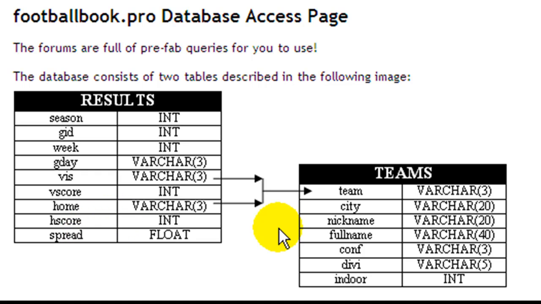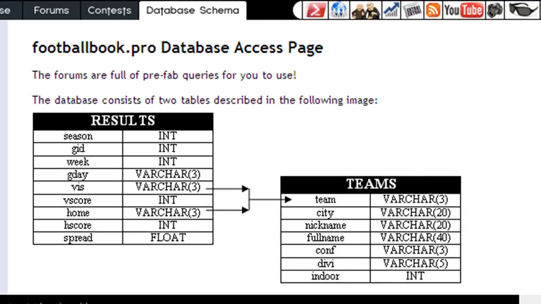Now, I'm not going to go into too many advanced queries, but you can actually combine two tables. Notice we have a table called Results and a table that has Teams, a table named Teams. So again, enough with the technicalities. Let's get on to creating some